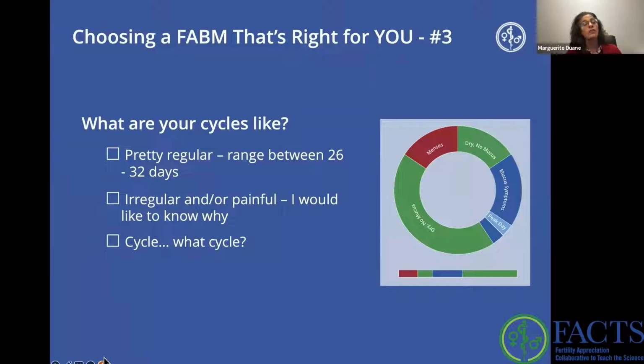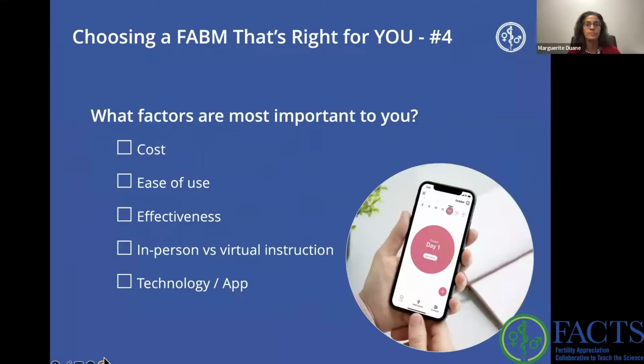The cycle and ovulation is a sign of health. So if you are not having regular cycles, this is an indication that there may be underlying hormonal or structural or anatomical issues that should be addressed. So it's not enough to simply take a pill every day to give yourself a regular withdrawal bleed. As a woman, it's best to learn what is going on with my body and get at the root cause so you can work with clinicians to treat the underlying issues that may be affecting your cycle.